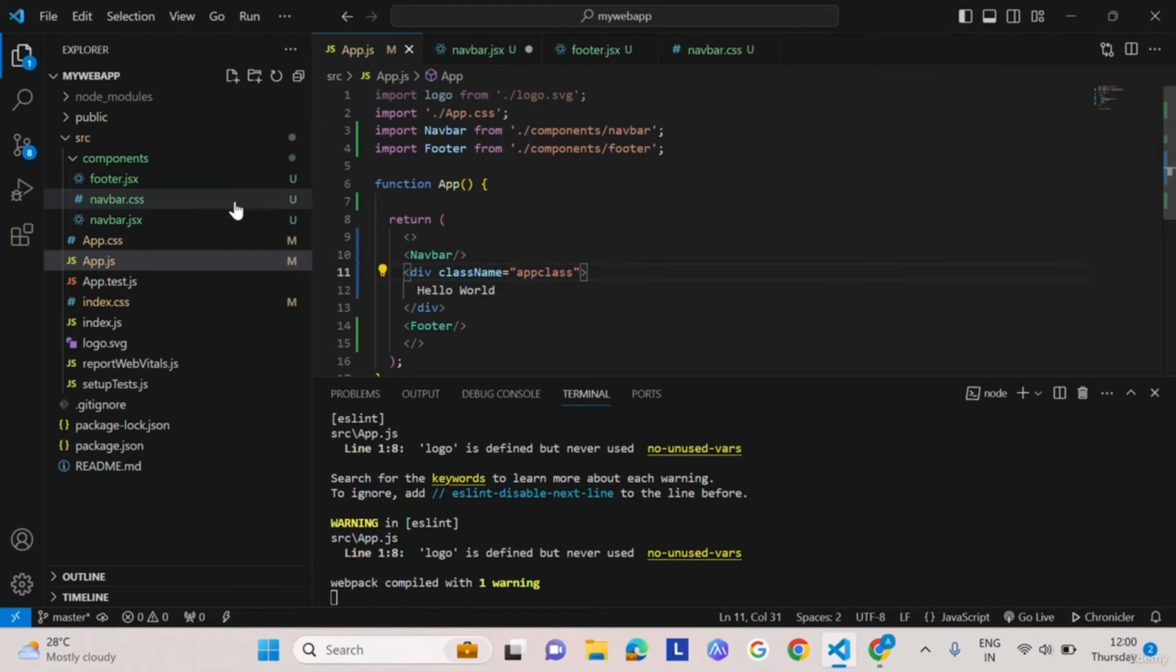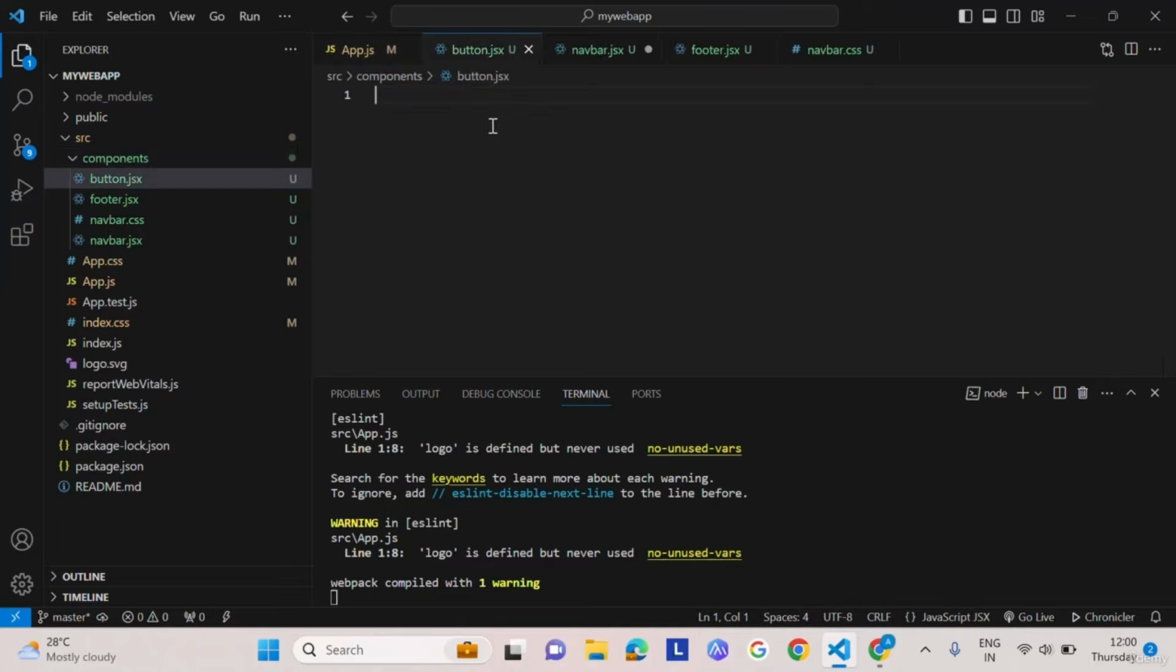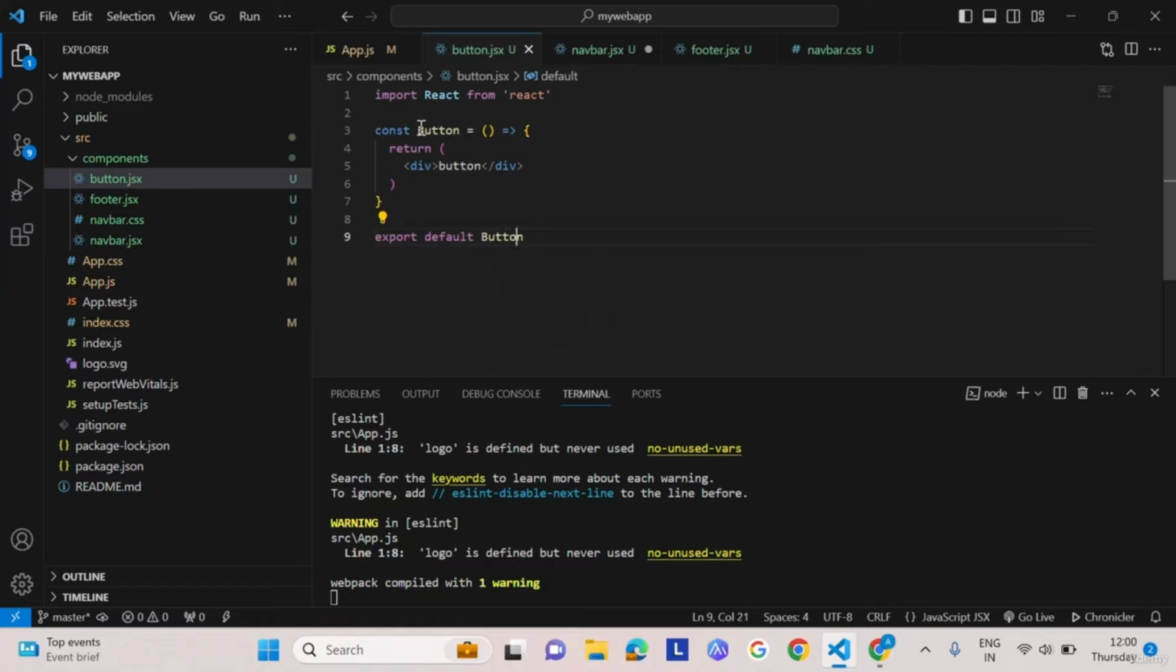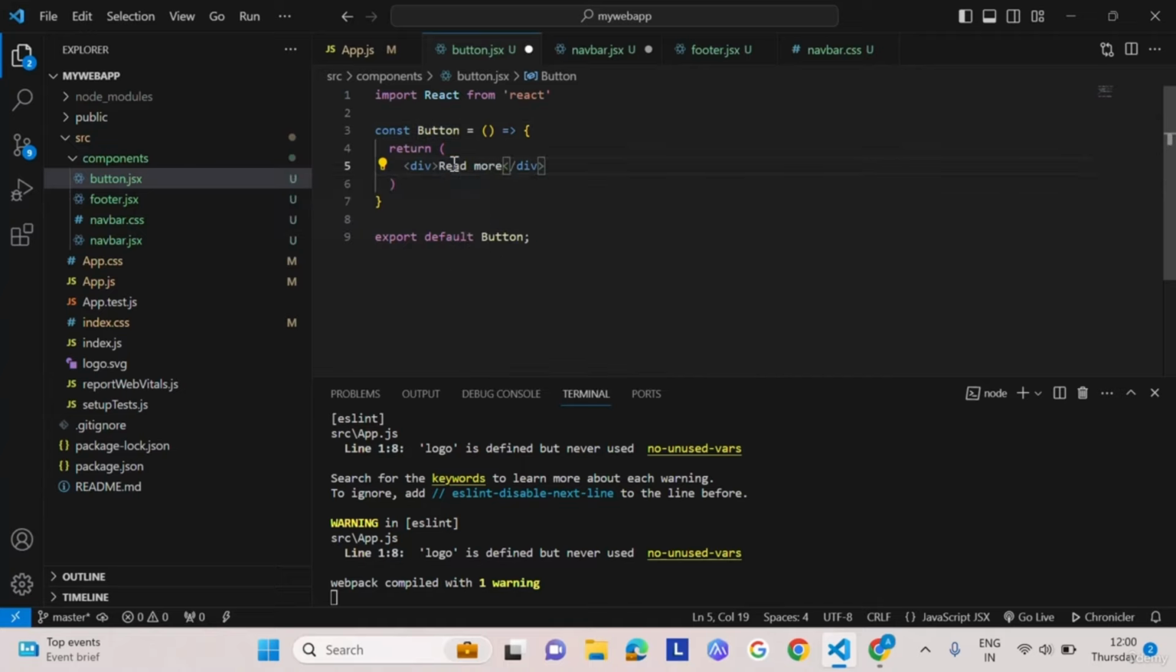So let's create a button component, button.jsx. What to do here, that is a functional component. Okay, this is the button component. So as you can see, this is a button component. I am writing read more. Let's create this button and import in the